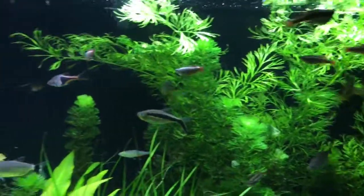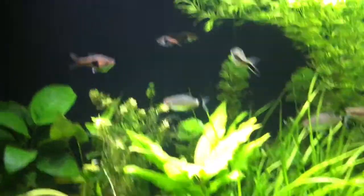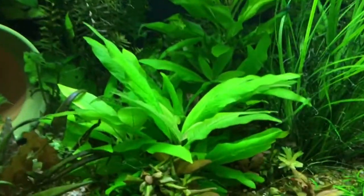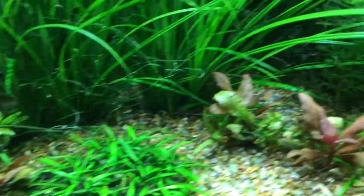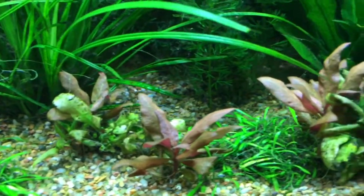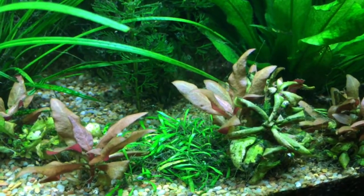And most of the plants I had in this tank, they died or were severely damaged. Like this AR Mini here on the bottom, that was very severely damaged. It had blackbeard algae on every single leaf. It was just covered with it. So eventually what I did was,